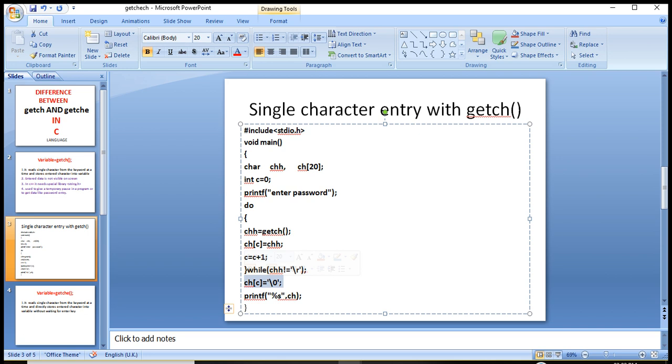Our loop will stop when the user presses the enter button. \r is the indication of the enter button. Loop will keep on taking characters and keep on doing this set of statements.